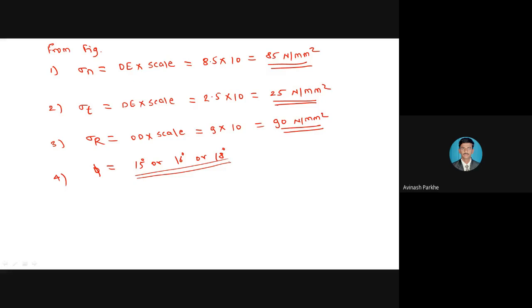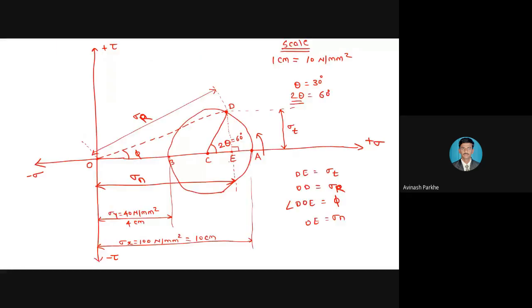Whatever procedure I have told is the same for all the students, but still you got different answers because so many instrument errors and manual errors are there. Therefore, draw the circle properly. All the points should be at their respective distances only. Then you will get the correct answer and it will match with all of you. Okay, so this is the first problem. Very simple procedure.